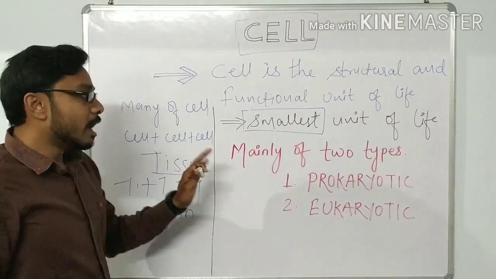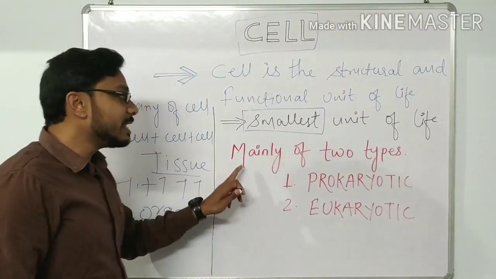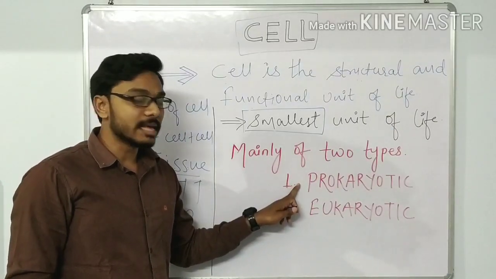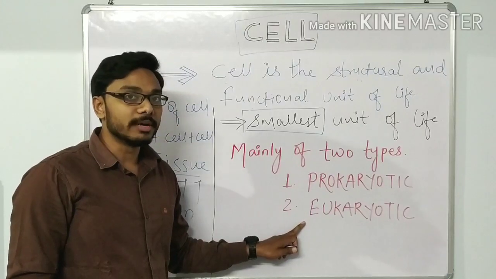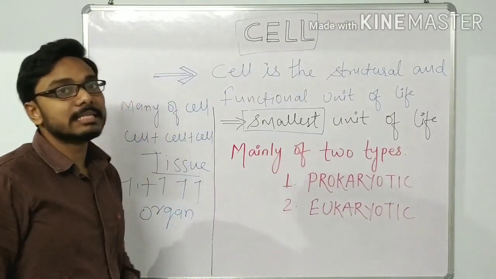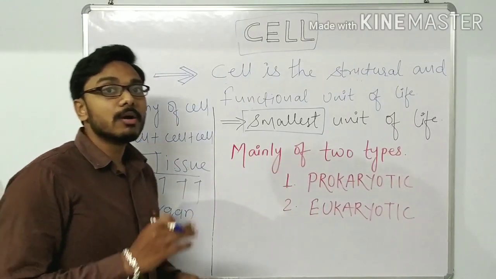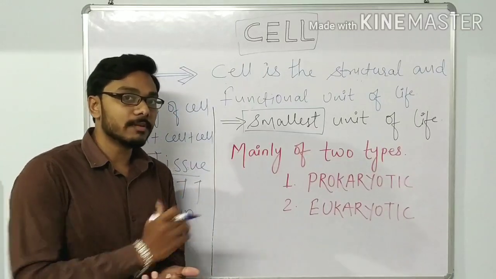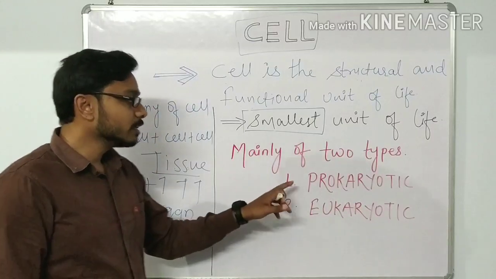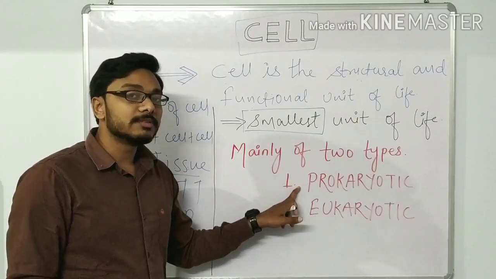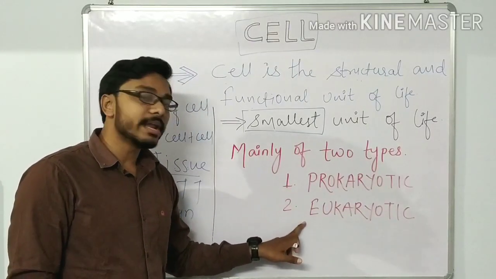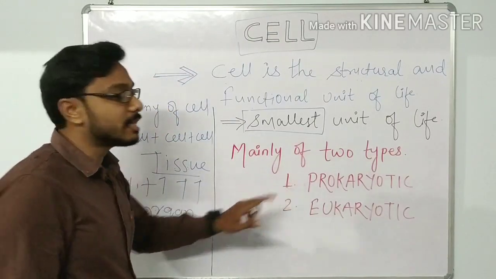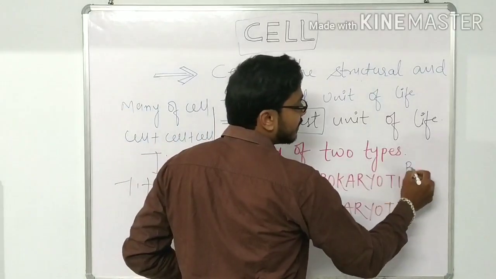Now, how many types of cells are there? A cell is mainly of two types: the prokaryotic cell and the eukaryotic cell. Prokaryotic cells are those cells which are not fully developed. I will also tell you later how a cell becomes fully developed. Eukaryotic cells are those cells which are fully developed. Prokaryotic cells are mostly found in bacteria,